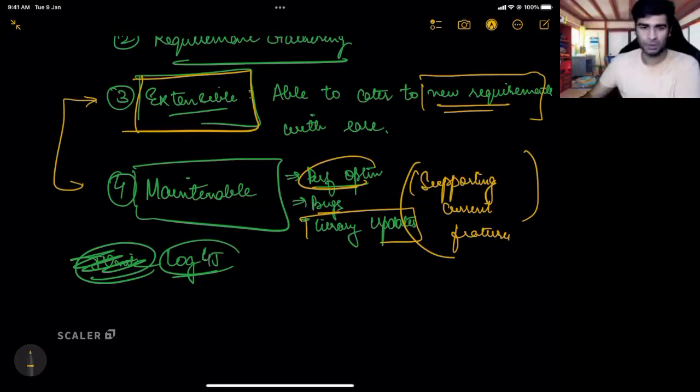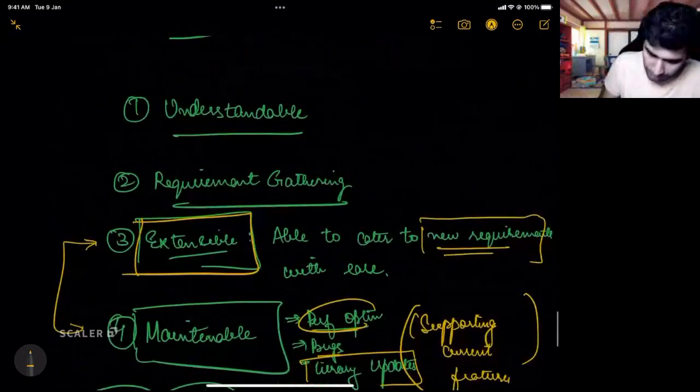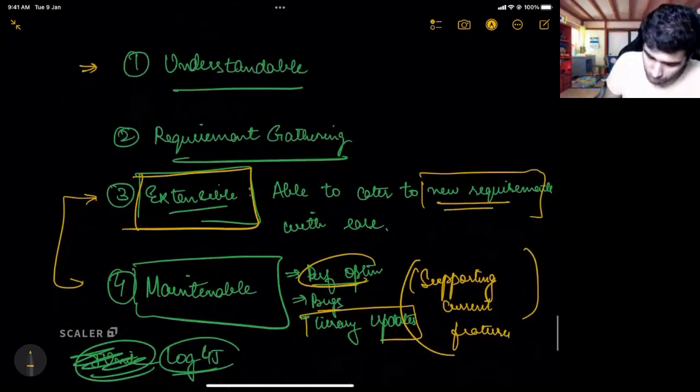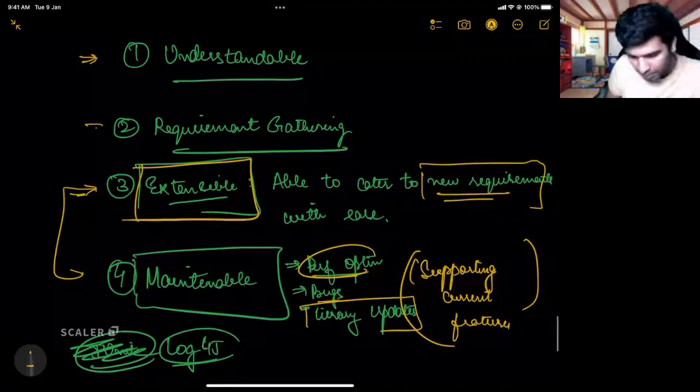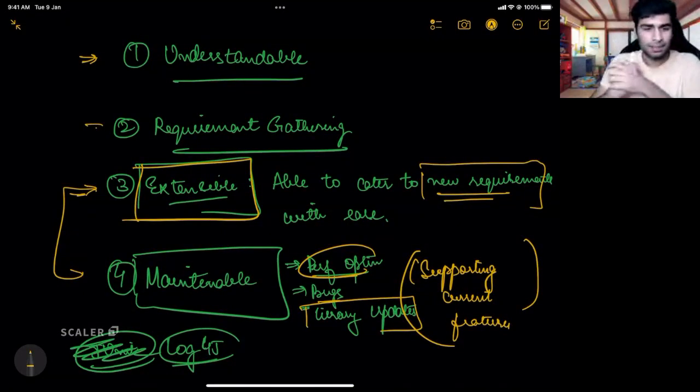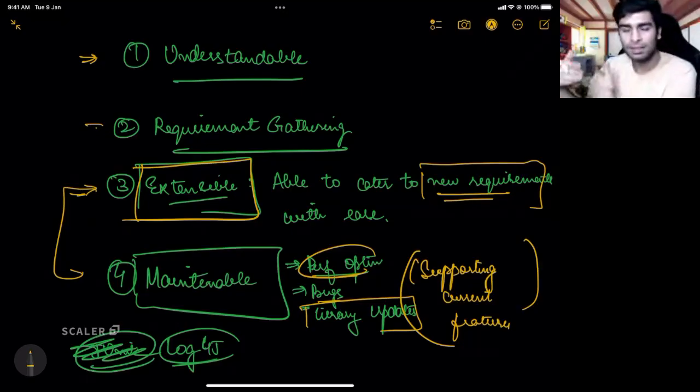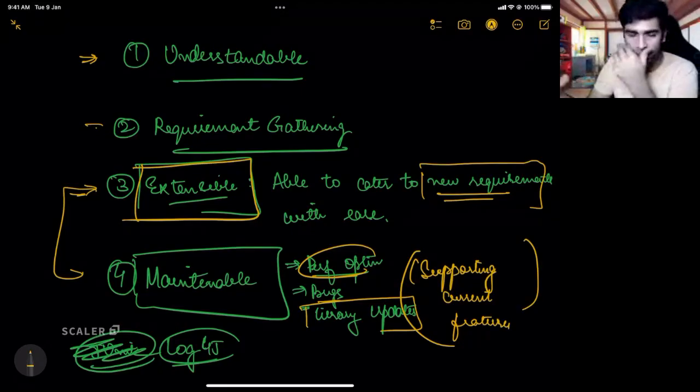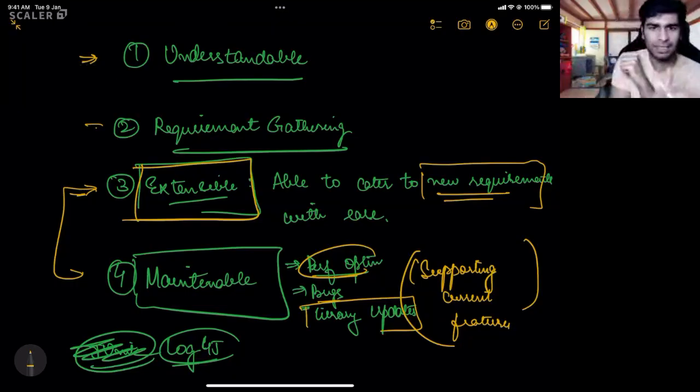Okay, awesome. So what we are going to achieve via the LLD classes is code that is understandable, extensible, and maintainable, while ensuring that you also learn things other than writing code, like requirement gathering, so that eventually you end up becoming a great software engineer. Now let us quickly take a detour and talk about why LLD is important. Why should you learn that?